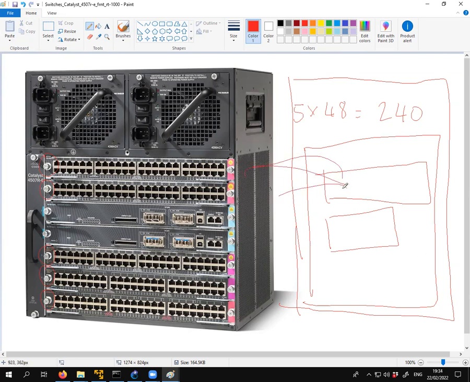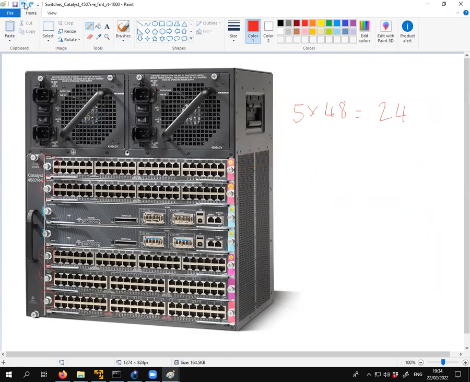So you connect the PCs to the patch panel, and then the patch panel connects to the line cards. Anyway, 240 ports. So this means if you have a PC connected in here, and this PC sends a broadcast message,